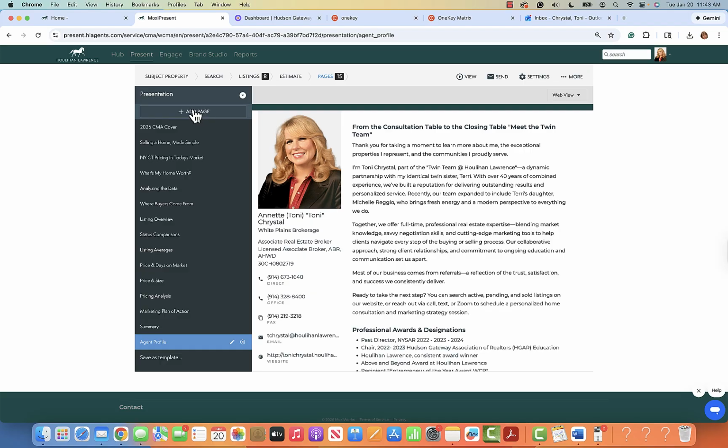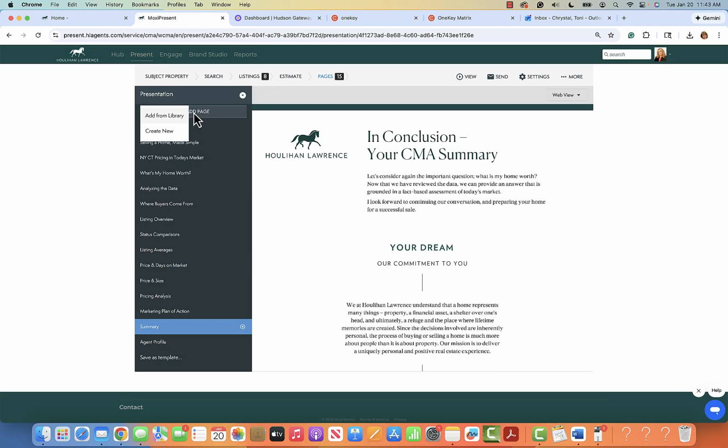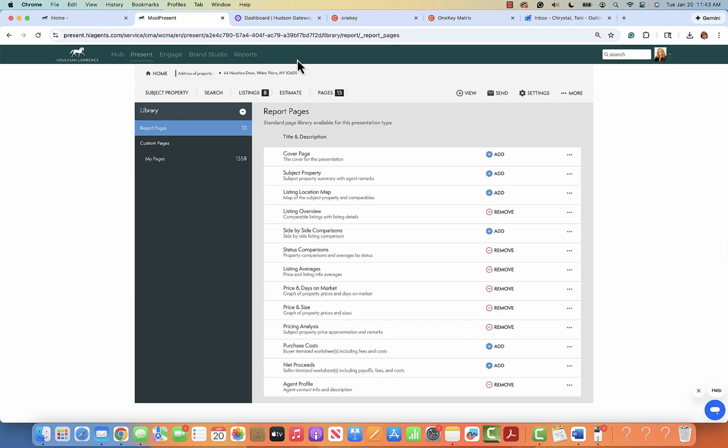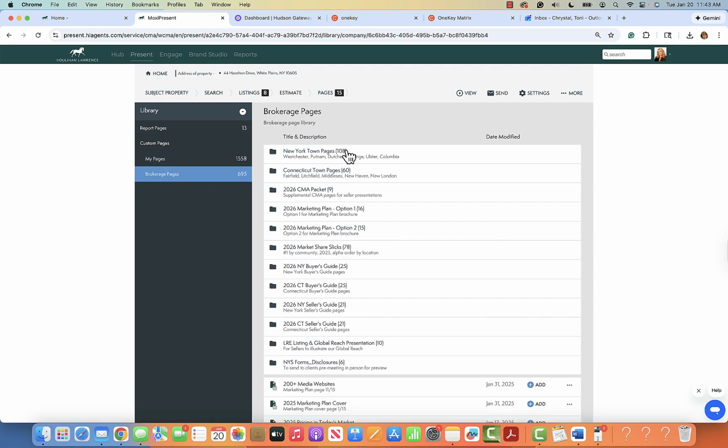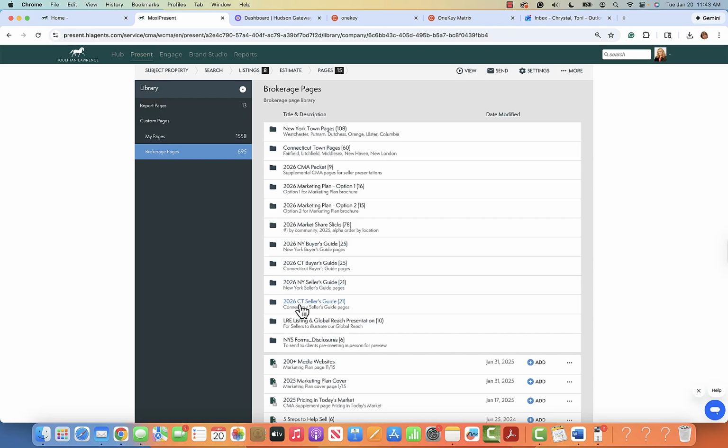Again, remember, you can add pages here if you wanted to. So I could add a page here. I could go to the library and I can add pages from the brokerage pages. And in the brokerage pages, you're going to see the town pages. You're going to see the CMA packet. You're going to see the marketing plan. And there may be some things you want to include in this Seller